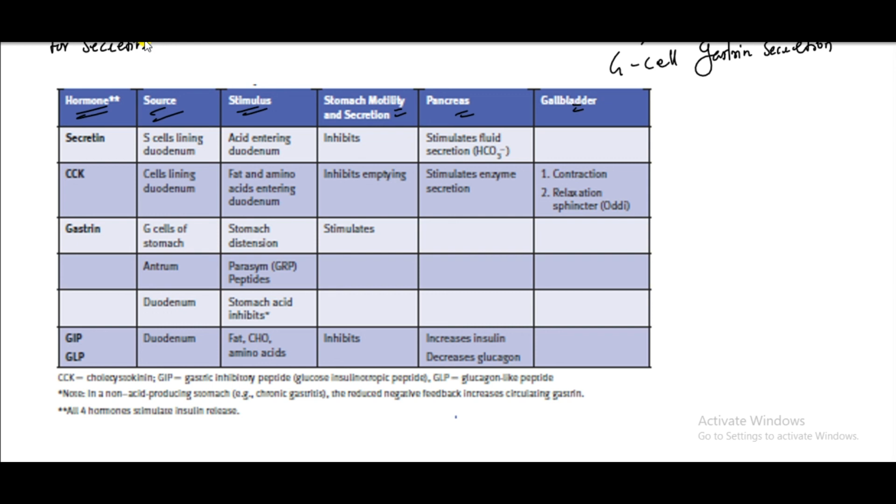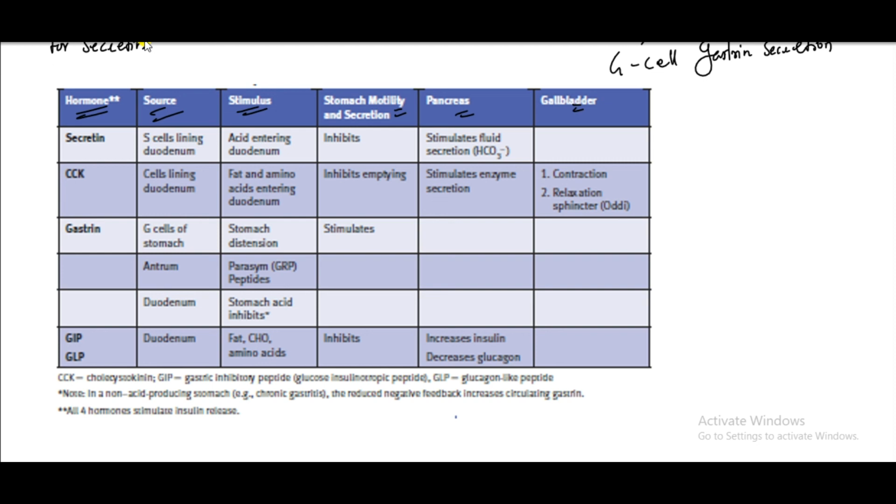Gastrin, the source of gastrin is the G cells of the stomach, and it gets stimulated by stomach distension. Its source is the antrum and also the duodenum, and both get stimulated by parasympathetic peptides and are inhibited by stomach acid, and GIP